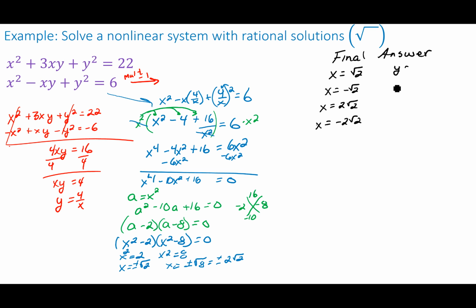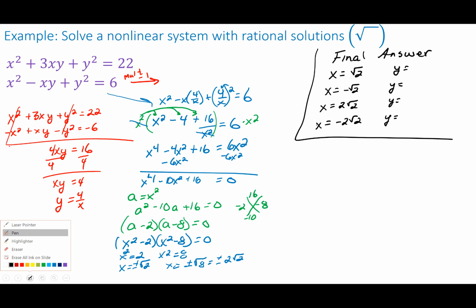Now I need to find the corresponding y's for each of these. I'll put this off to the side. To find those corresponding y's, we're going to go back to y equals 4 over x. If we're looking at this first one here, when x is root 2, my y